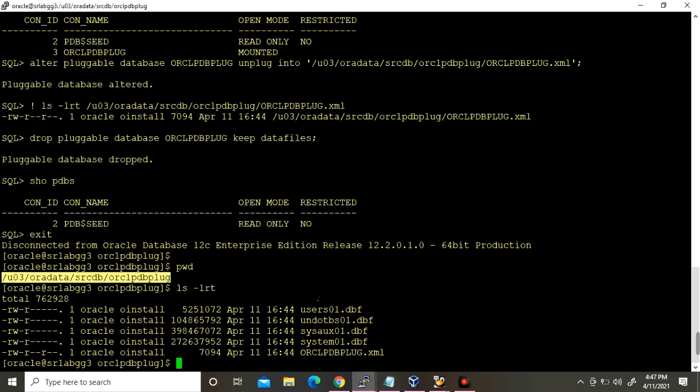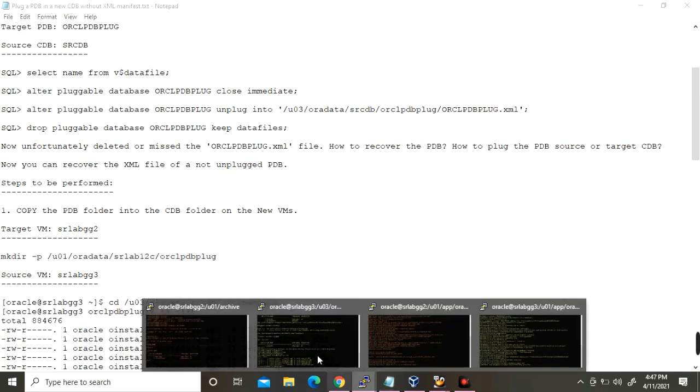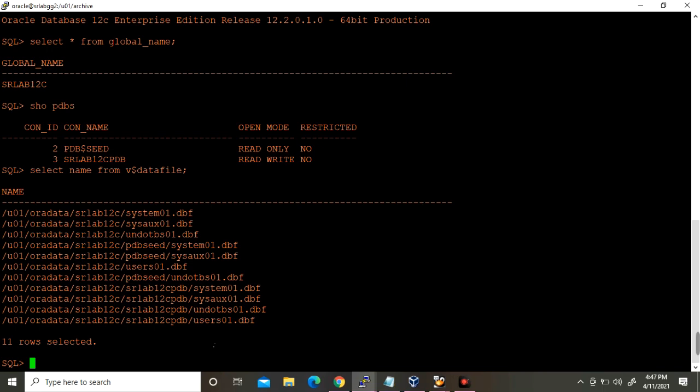This is the location we need to create in the target CDB home. Create this directory under the target CDB home, I mean the target CDB folder. On the target CDB you can find out with select name from v$datafile. So this is the target CDB location. In this target CDB location you need to create another folder.